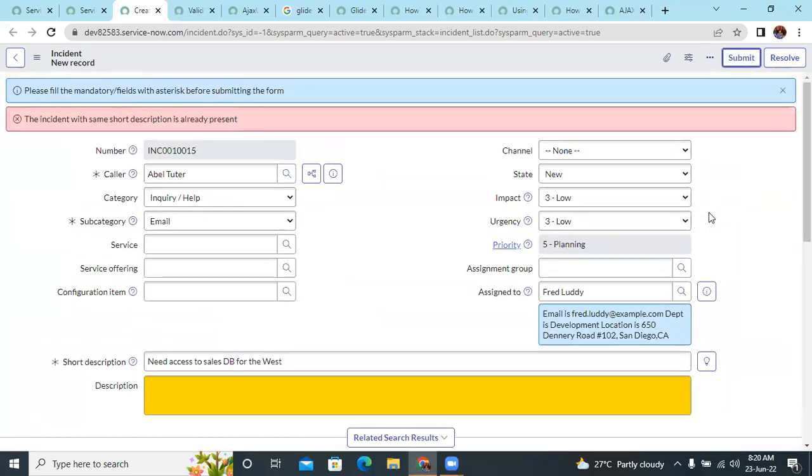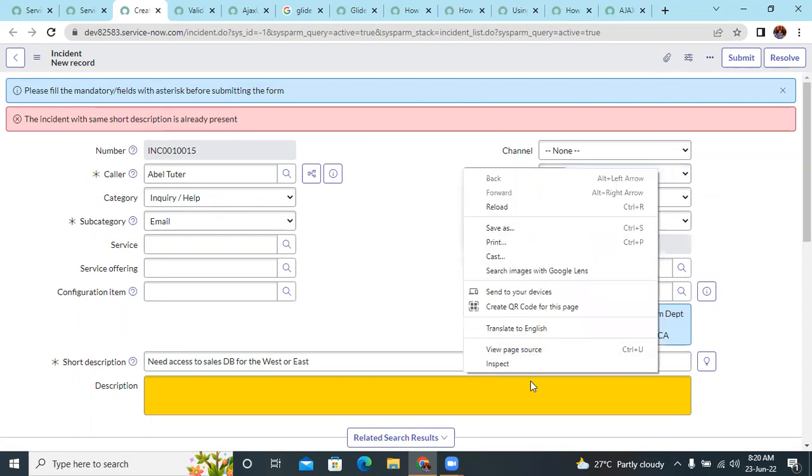I got the error saying an incident with the same short description is already present. So now I'm changing it. Now if I click on submit,